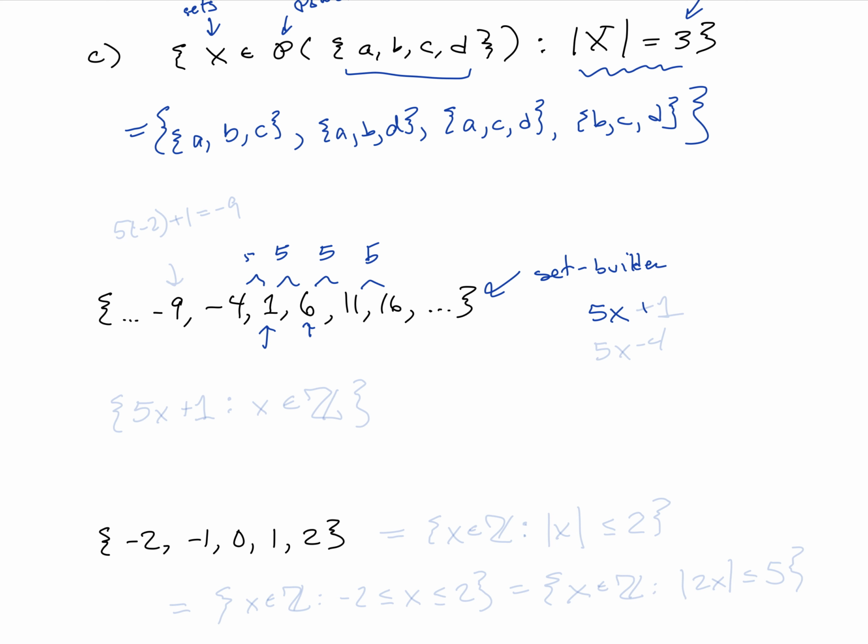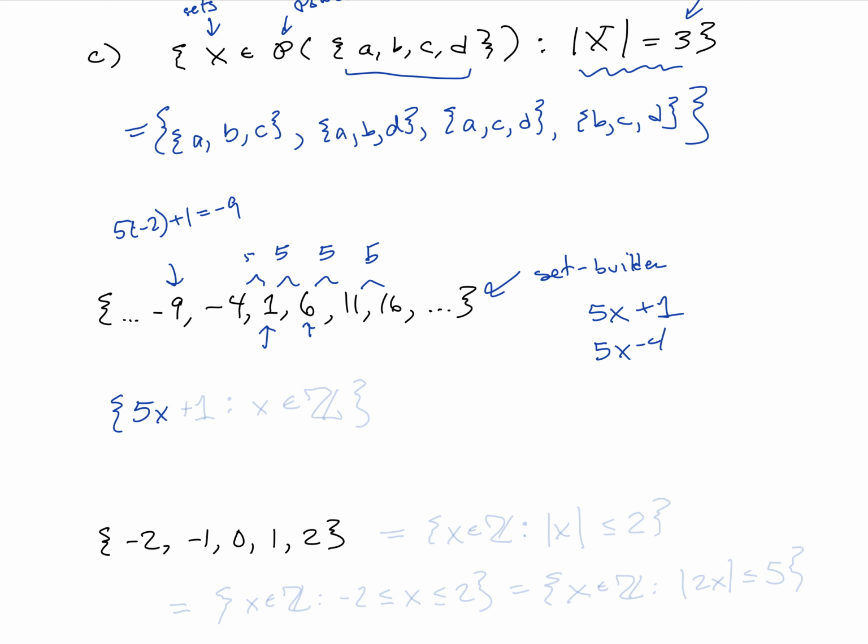So you might do some playing around, but it seems like 5x plus 1, or alternatively 5x minus 4, would both be ways that you could describe each of these values. So this, for example, is 5 times negative 2 plus 1, which is equal to negative 9. Okay, so that tells us that if we want to write this in set builder notation,